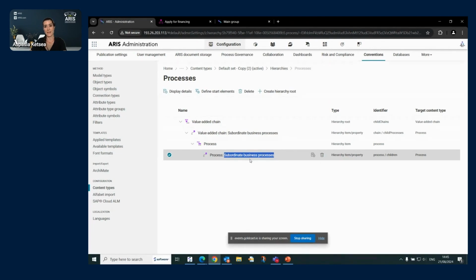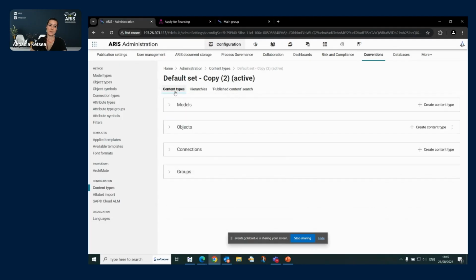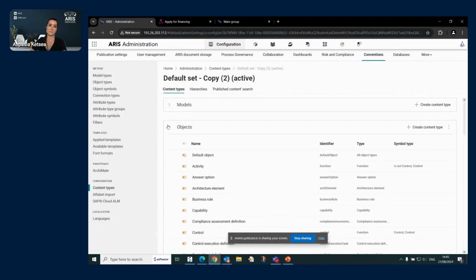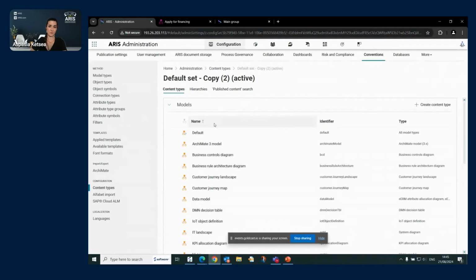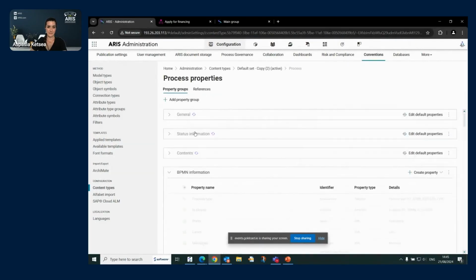It is a property of XML type that I found under the item process. So whatever comes under models or objects, all these property groups that are created here with their properties, all this as well can be reused